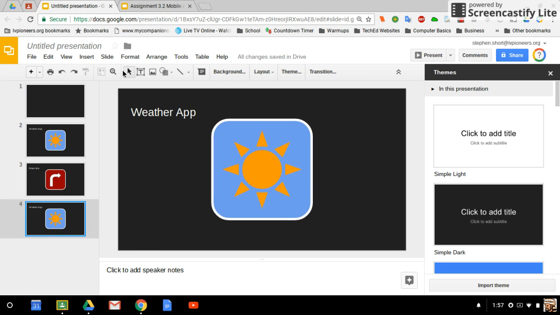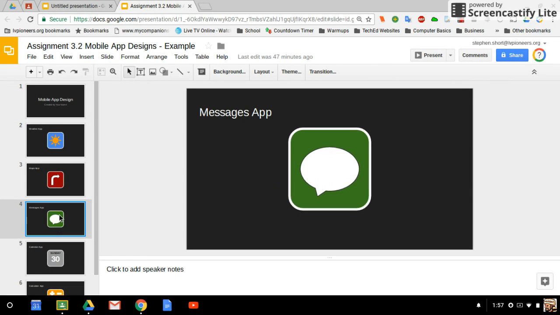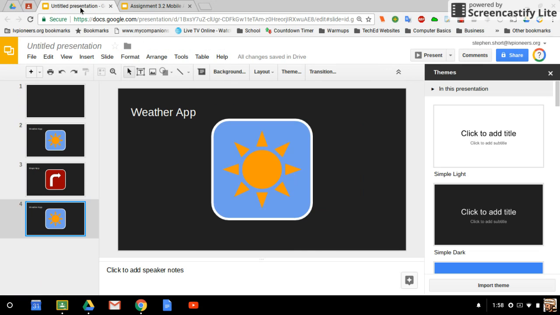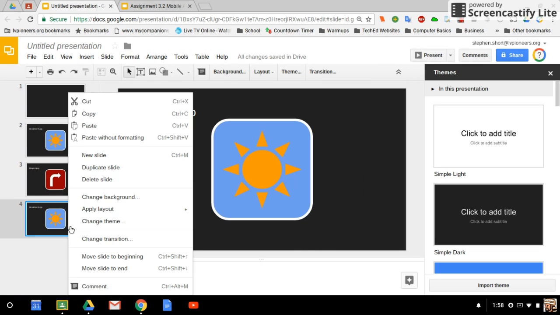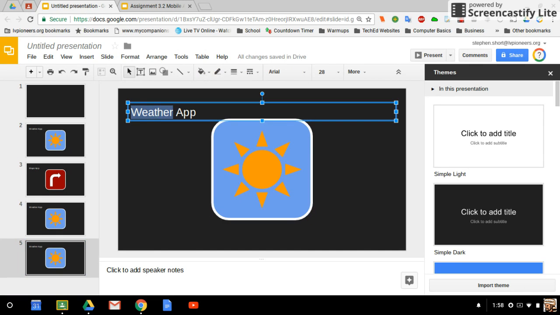Slide 4 is going to be a message app. Slide 5 is going to be a calendar app. And in this app, I just double clicked in the center of the app, and I changed the font. So here's the calendar,